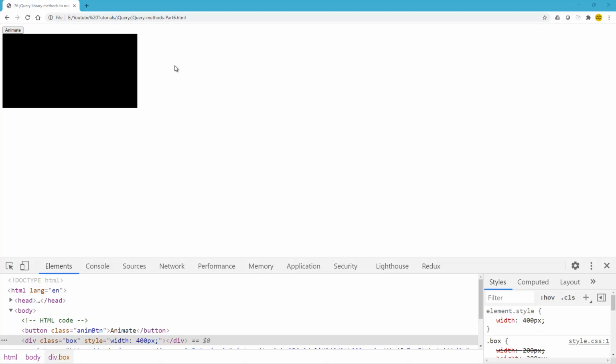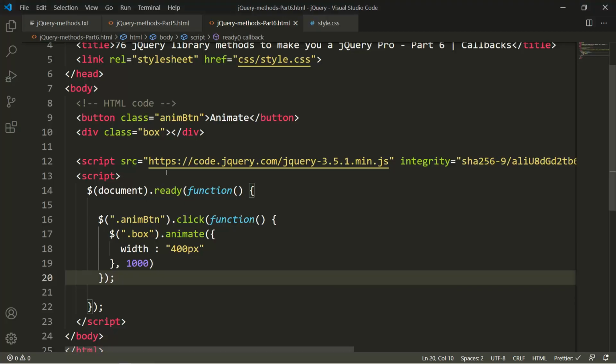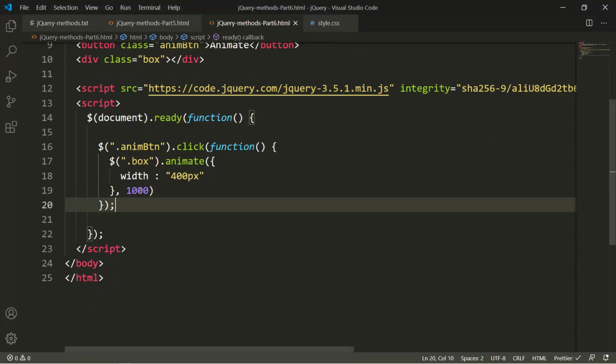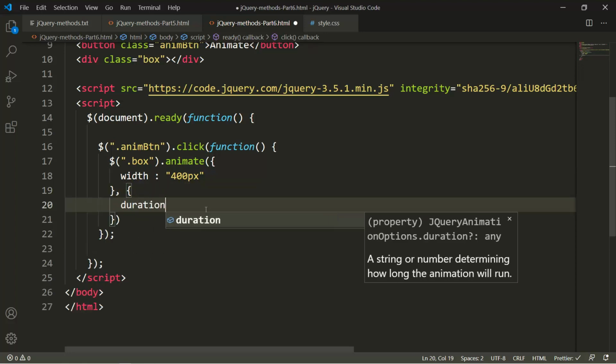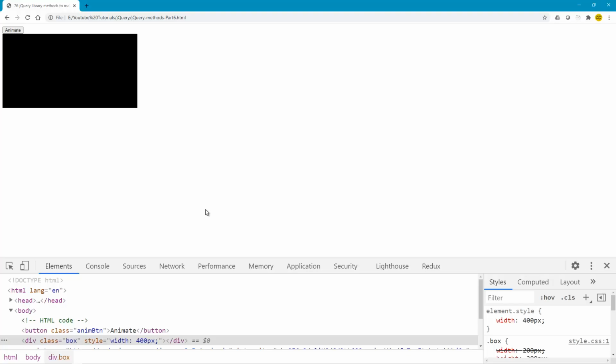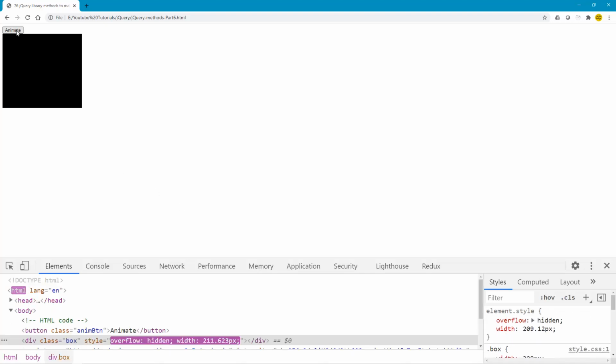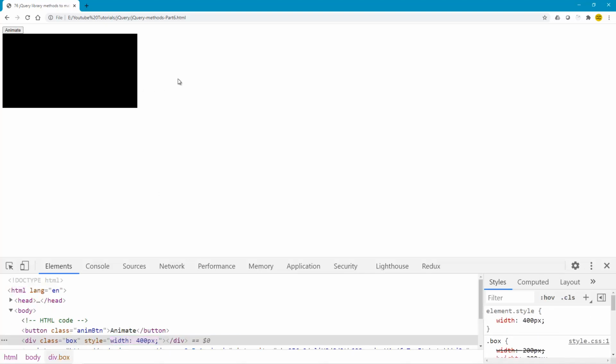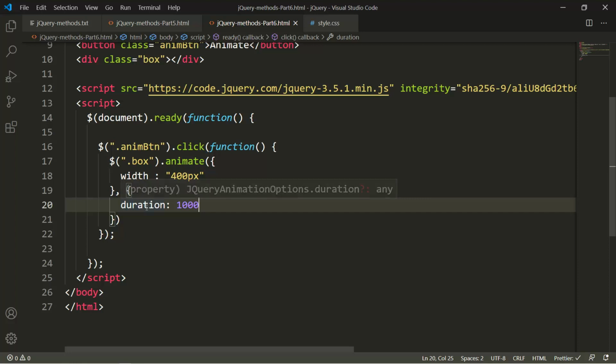Let's go back to our code here. We also talked about how you can remove this timer and pass a configuration object of duration. Let's say I'm passing 1 second, so it will work the same. If I refresh and animate, 1 second, the code is the same.